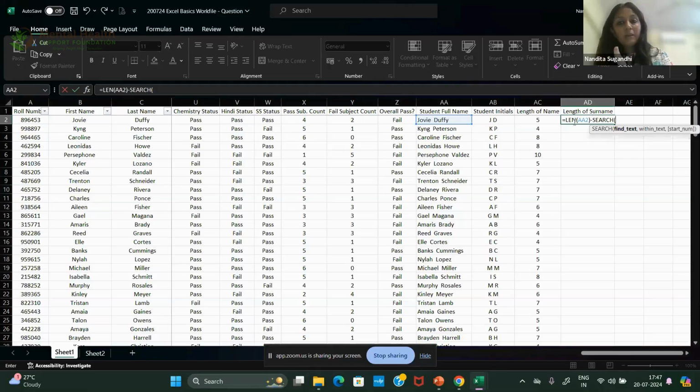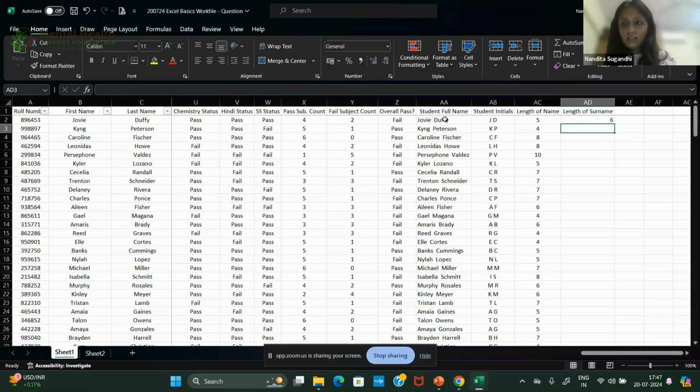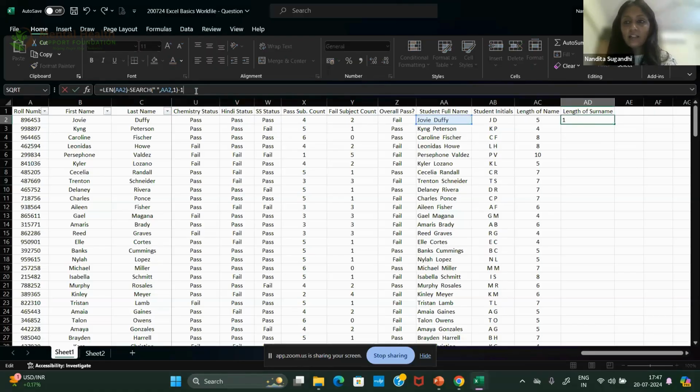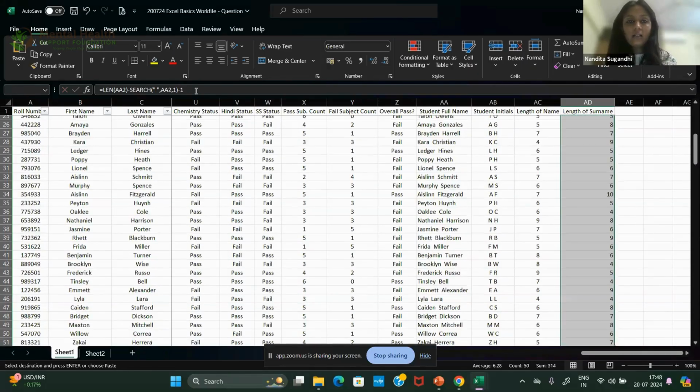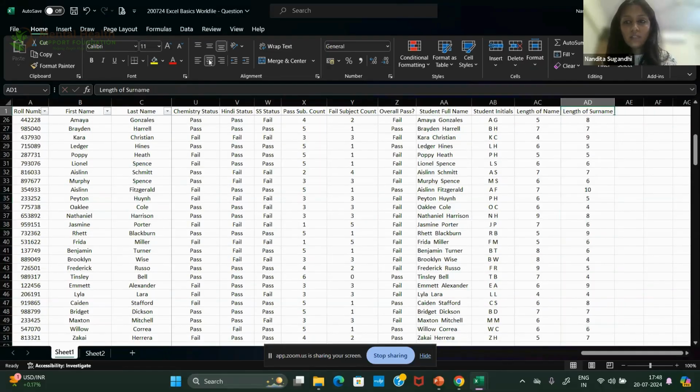I know there is one space between the name and the surname, so I will find out where is the space within Jovi Duffy, and that's it. It will give me 6 right now because there are two spaces in between, as I have said, so -1 to adjust for that, because that's how I got the data set. And now you will have the correct length of the names and surname.